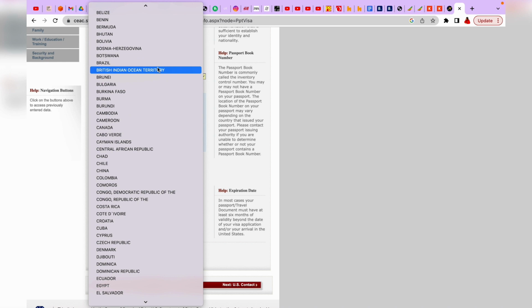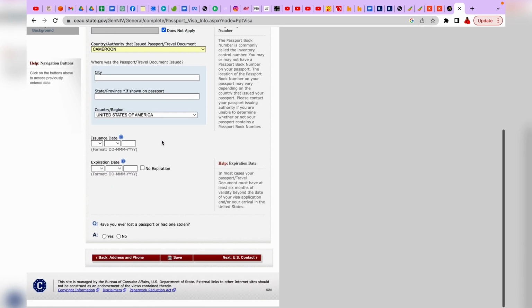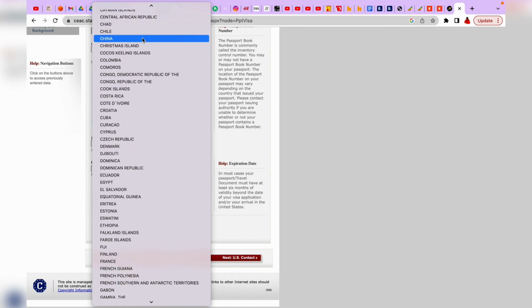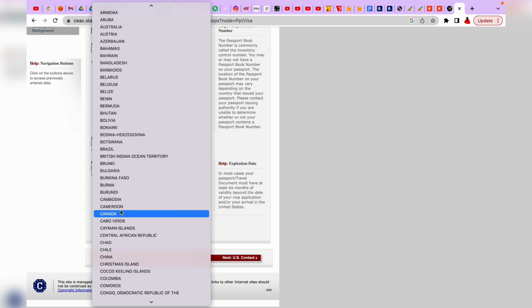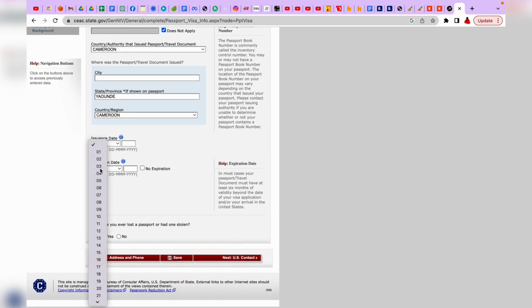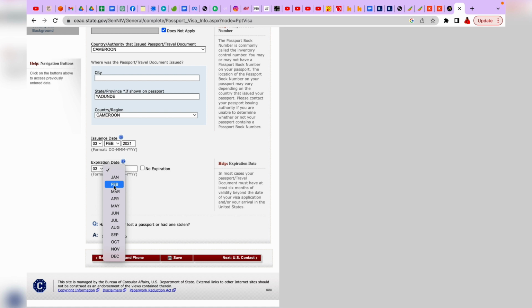And I just say my passport was issued in Cameroon. I'll just put Cameroon right there. Where was it issued? Yaoundé. Country region, the country where the passport was issued. And I'm going to put Cameroon again. When was the passport issued? I'll just put the third, maybe February 2021, and it's going to expire 3rd of February